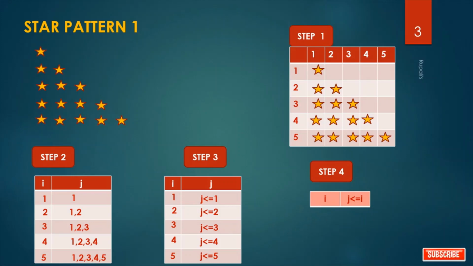Now how can we write our program? First write main. Now we have to take two for loops. One is for row, another is for column. We take two variables, I and j. I is used for the first for loop. It is for row. So how many rows are there? 1 to 5. So I start one for loop from 1 to 5 and then take another for loop with j. It also runs from 1 to 5.